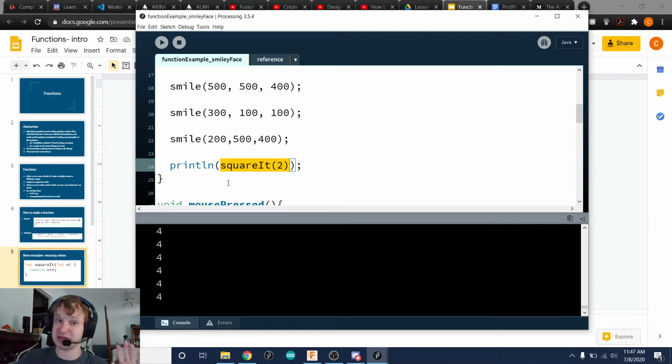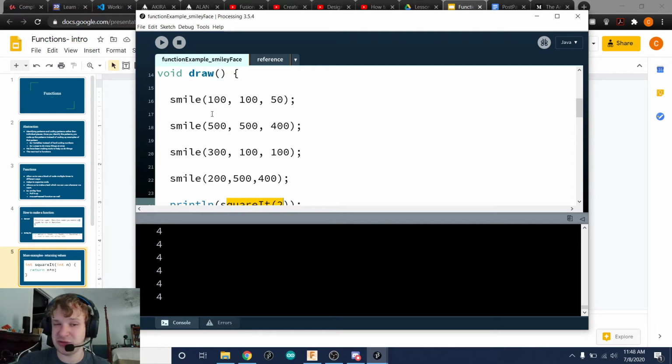So that's the difference between the smiley function, which didn't give me anything, versus the square it function. It does actually give me something. It gives me a value of 4. And so to help you understand what that means,